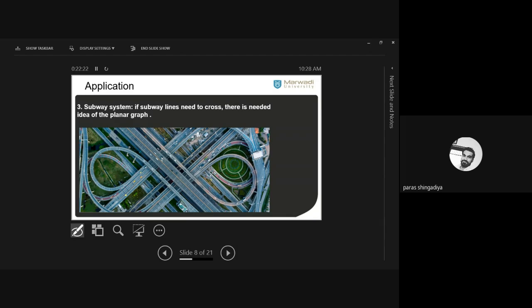First you have to consider this one of the graph. Okay, एक graph पहले बना लो, ठीक है, paper में, and then after modify this graph in such a way that can we connect all this as it is placed without crossover or not, and then after start the project. Okay, so that is required in the subway system also. So these are the applications.